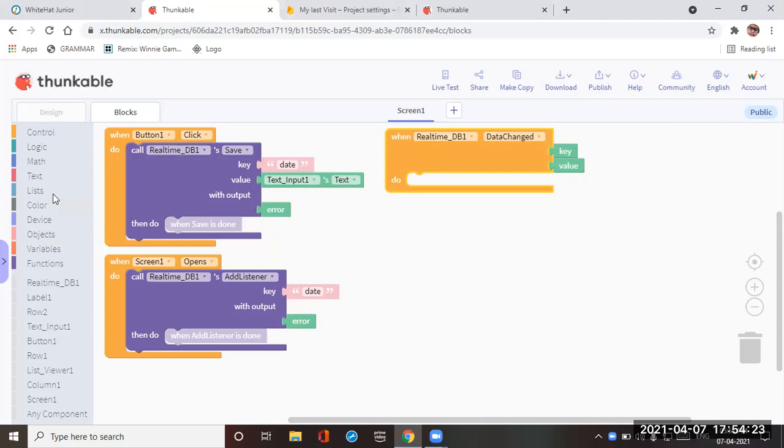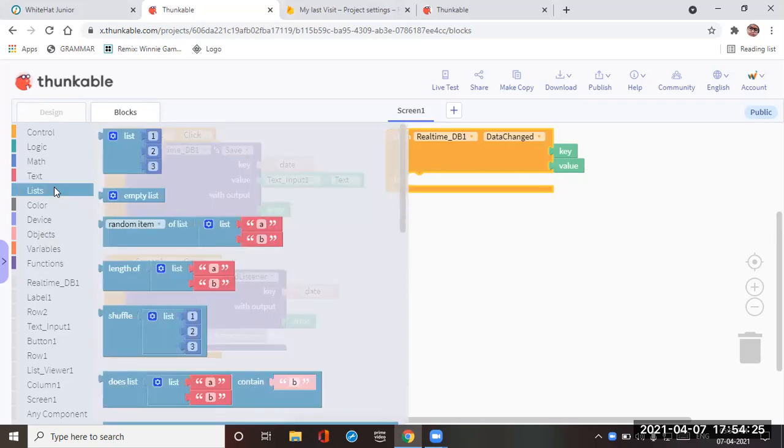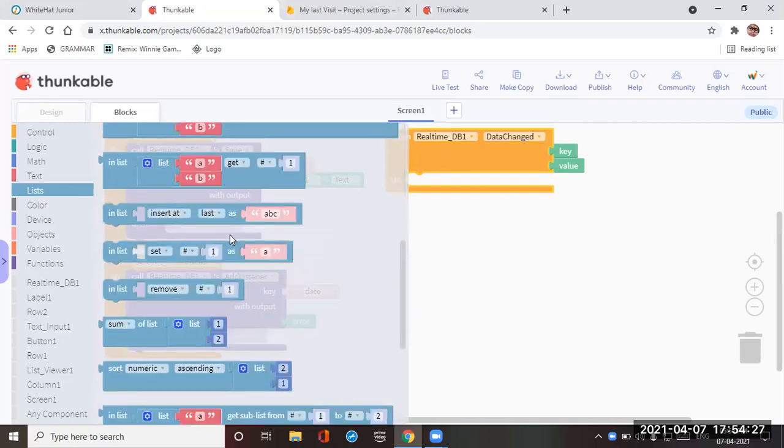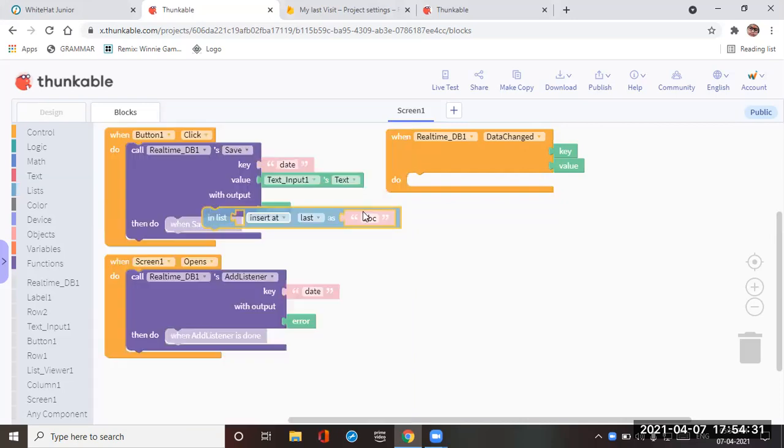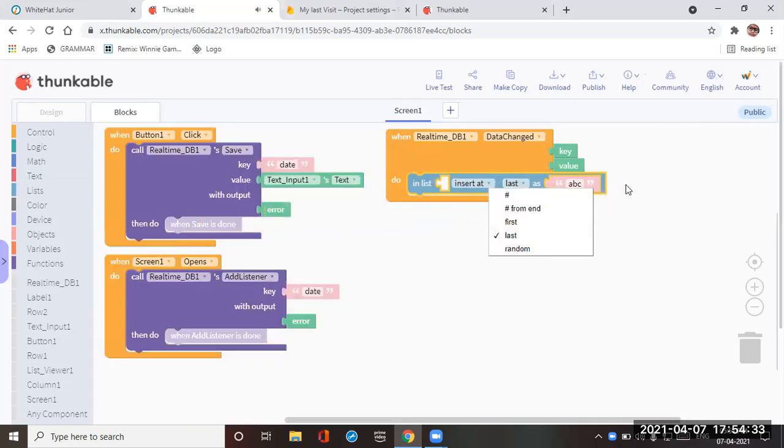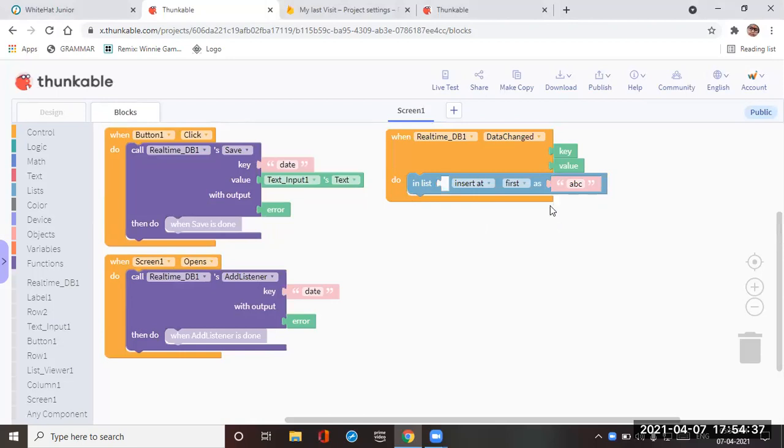Now go to the list and take an insert all item. Take it as first, and in the list insert all first.